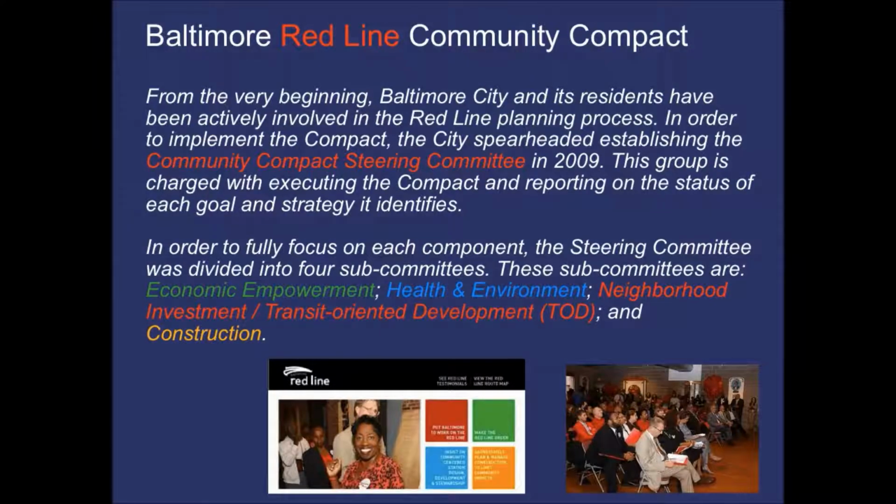And one last example. I said I wasn't going to go into too much detail, but these are some examples that are alternatives to a community benefits agreement, is the Baltimore Red Line Community Compact. This was a compact fashioned by community groups, resident leaders, city officials, and county and state agencies building an extension to the light rail system in Baltimore, in this case the Red Line, and that it had a whole number of categories of improvements that people were looking for. Again, not legally binding, but the trust level was strong enough that people felt comfortable moving forward with the community